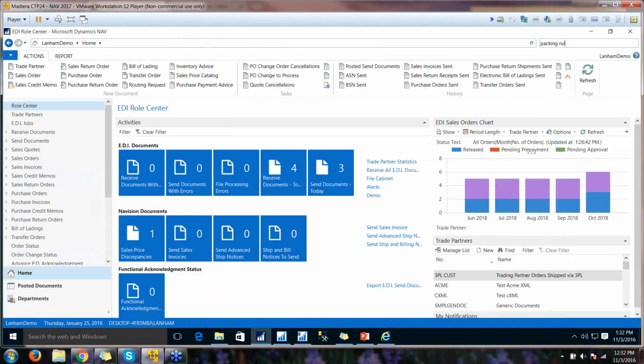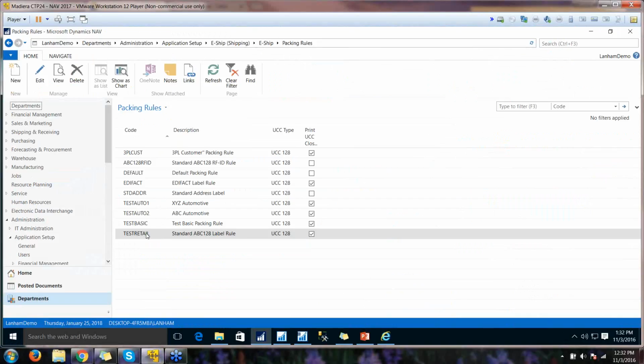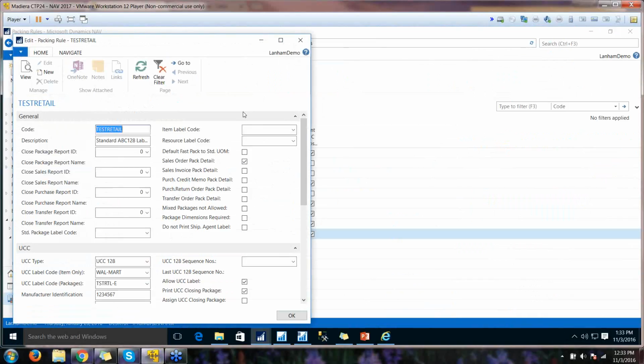Because of my role here at Lanham, I do partner support. This is one of the things that comes in quite frequently, so I want to make sure everybody's very clear on it. The way that Jim was able to create that ASN and have everything that he needed on the ASN, the Advanced Shipment Notification, or 856, is because of what we call a packing rule. So you'll see here I'm in a packing rule, and I'm going to go to our test retail packing rule and just quickly point out